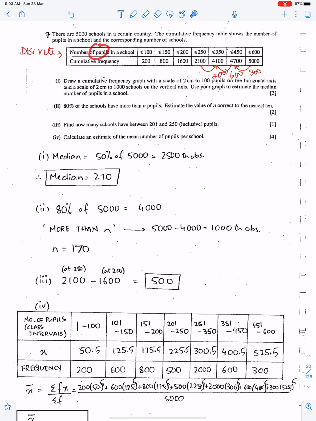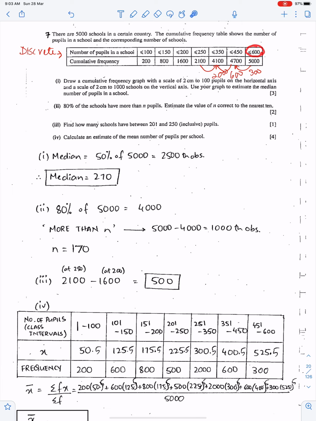Well, number of pupils means discrete. There are 5,000 schools in a certain country. The cumulative frequency table shows the number of pupils in a school and the corresponding number of schools. Since these upper class boundaries are inclusive, we will go, number one, this data is discrete, and number two,